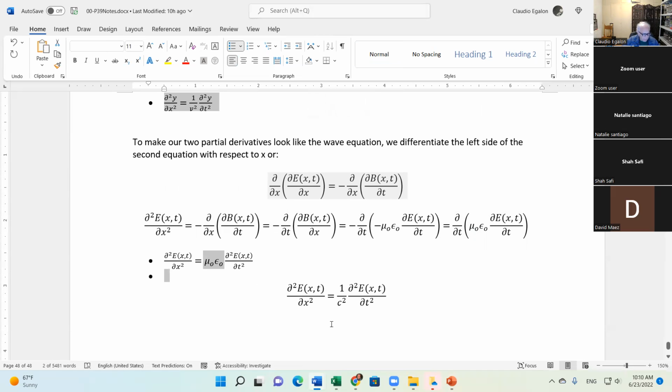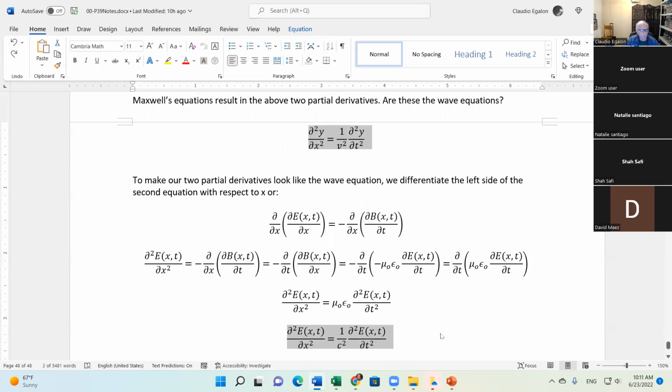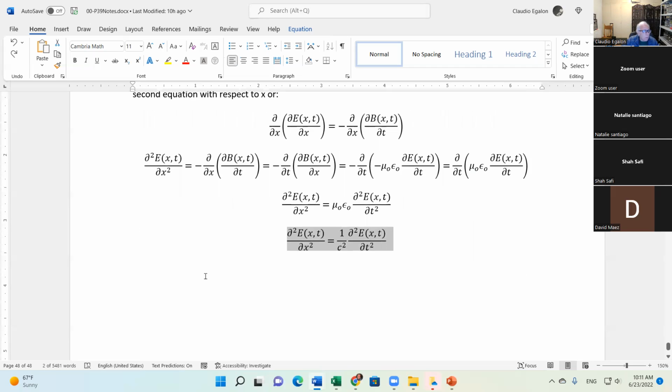That's what Maxwell did at the time. Just something like that, not exactly like that, but somewhat like that. Physicists suspected that the electric and magnetic fields behave like a wave, but nobody had proven it. And that was the proof, the mathematical proof that the electric and magnetic fields behave like a wave.